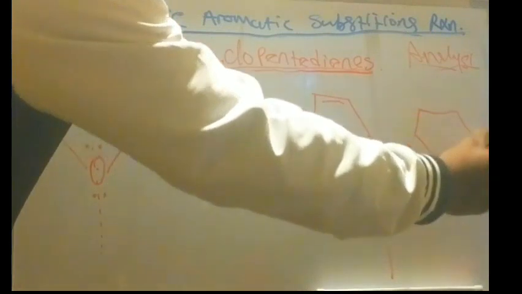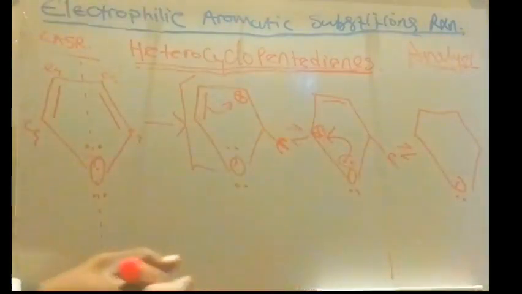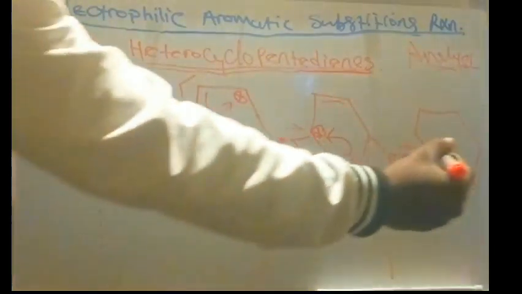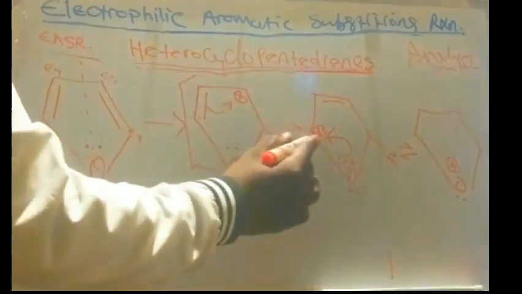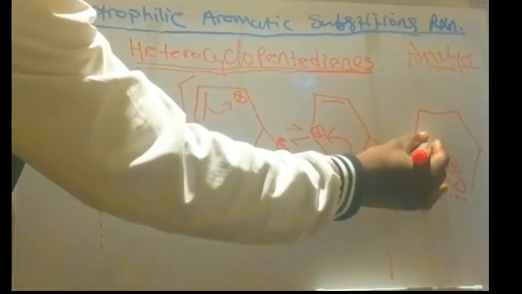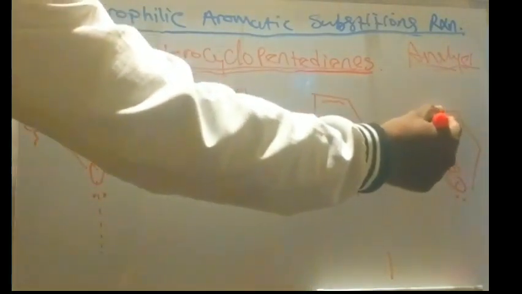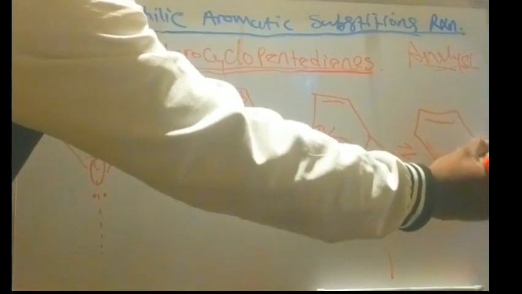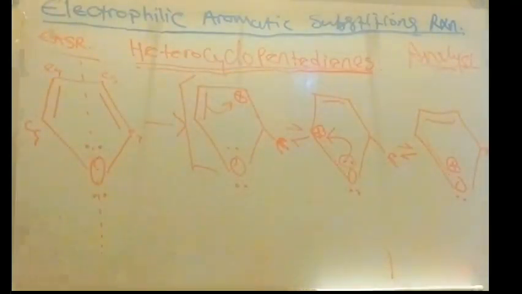So we have our new pi bond. Keep in mind oxygen has lost a lone pair, so oxygen is now possessing a positive charge. There's a new pi bond between oxygen and the adjacent carbon, and then the already existing pi bond right there. This is our electrophile here. So that is the resonance